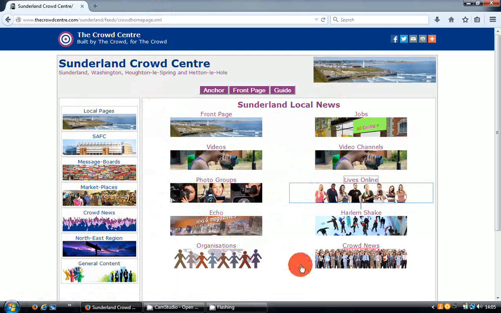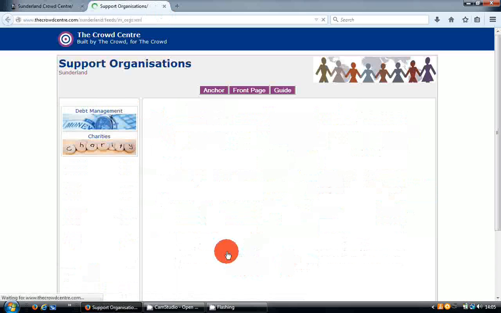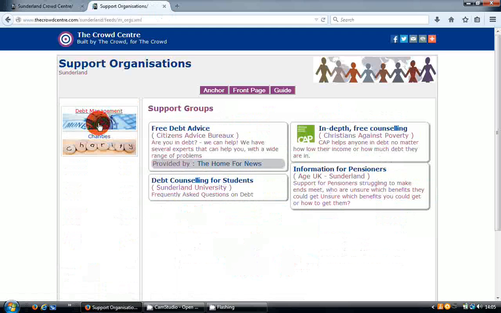We'll be creating support pages. If I look at this debt management section, the idea is we all need support at some time or other. Sometimes it can be a problem finding it, but we're going to create all these pages in advance, the crowd working together. So here are some interesting pages to do with debt management, and we'll be adding to them as the crowd contribute more content. The crowd also win because they can be recognized as the provider of that content. So it's a way of boosting their profiles, costing them nothing but a bit of their time.